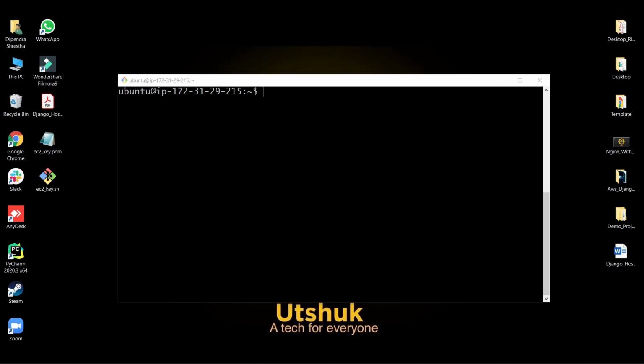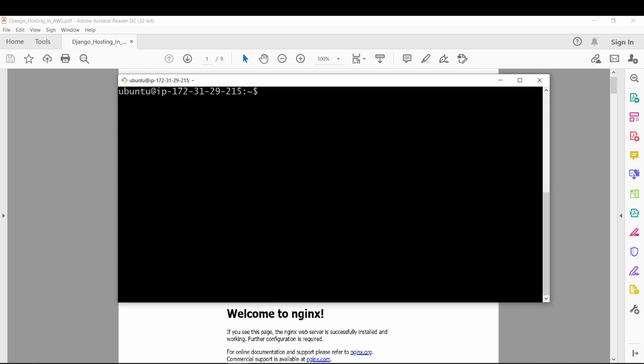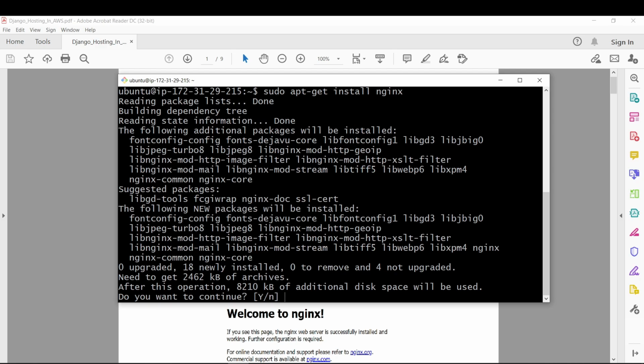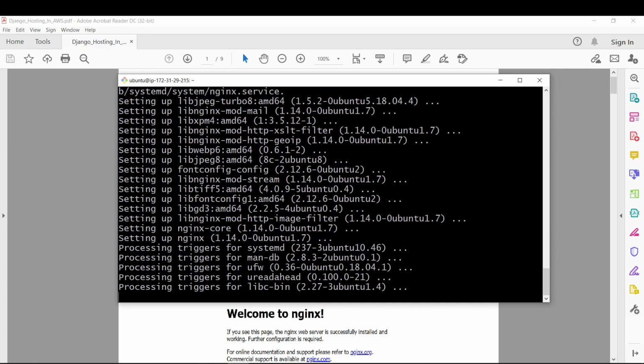Now what we need to do is install Nginx. In order to display the web page to our site visitors, we are going to employ Nginx, a modern, efficient web server. It can also be used as a reverse proxy. So let's copy this command to install Nginx, go to the terminal again, paste it, press enter, and press Y. So Nginx has been successfully installed.